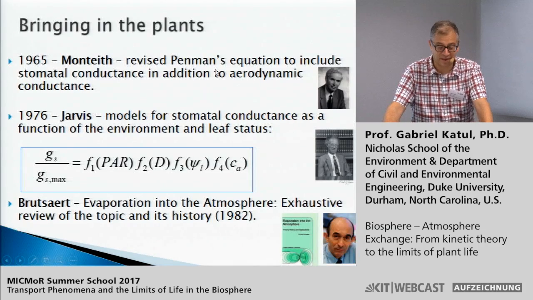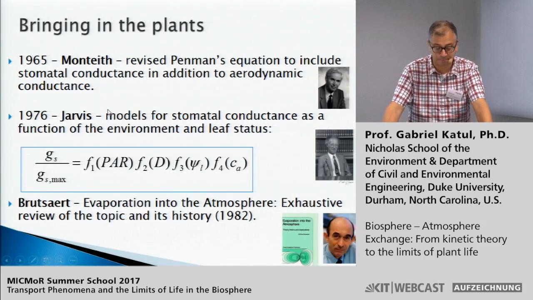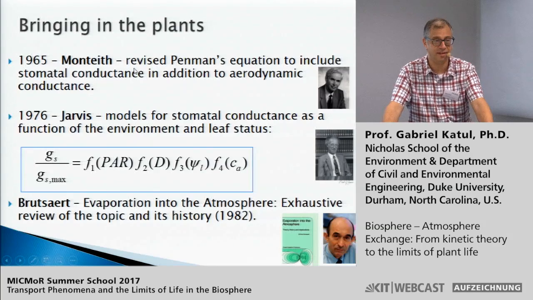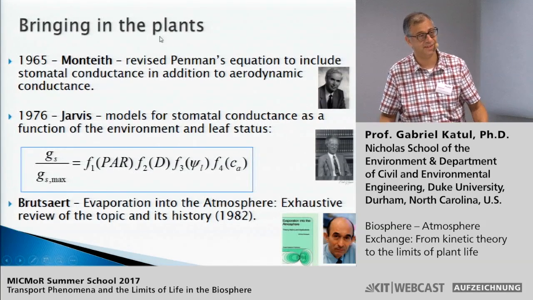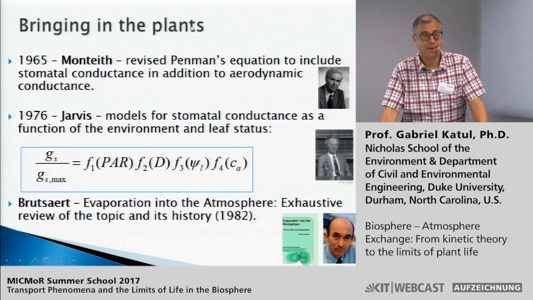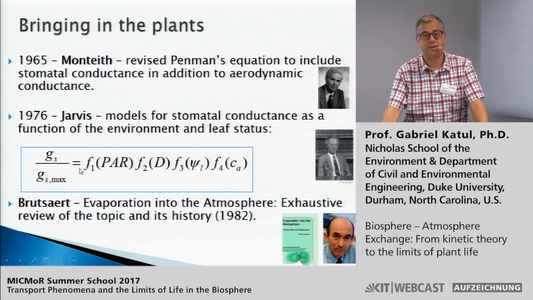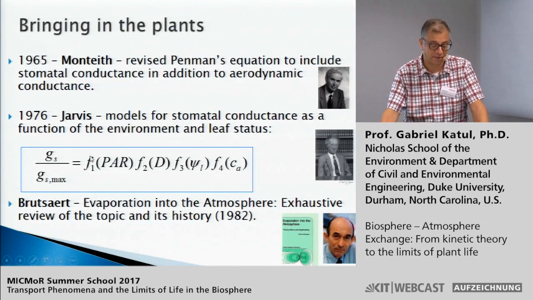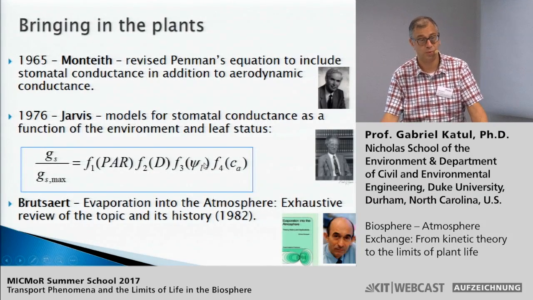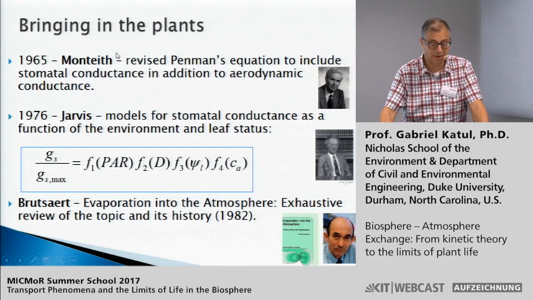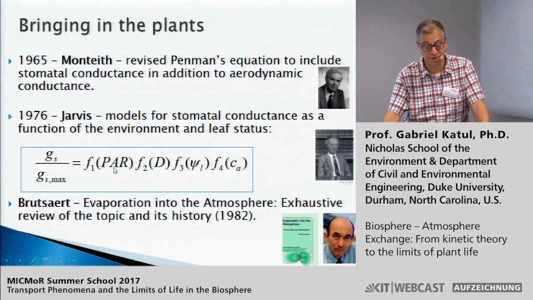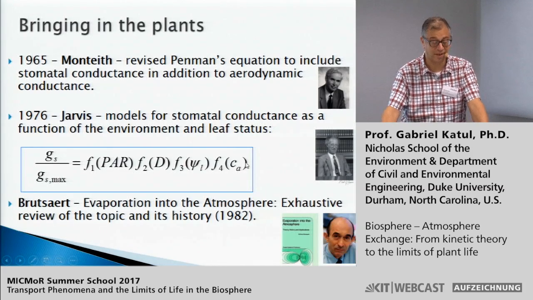Jarvis took this task upon himself to figure out how to do that. And as is the case in fields that are in their embryonic form, to borrow a word from Wilfrid, what you typically do is you have a maximum rate and a bunch of reduction functions, and you basically try to figure out what these reduction functions are from some maximum rate that you think you could estimate. And that turned out, in the case of stomatal conductance, to be dependent on photosynthetically active radiation or light, vapor pressure deficit, leaf pressure, atmospheric CO2, etc.